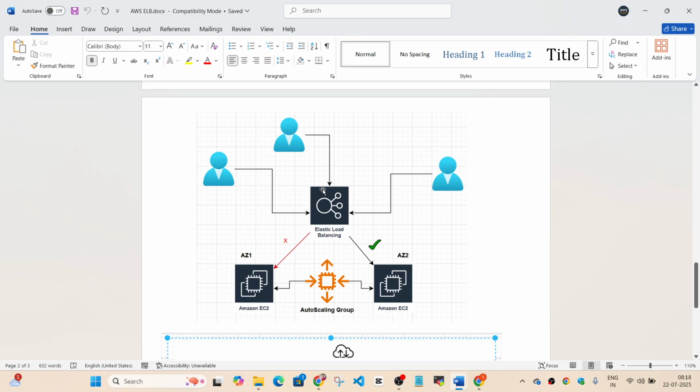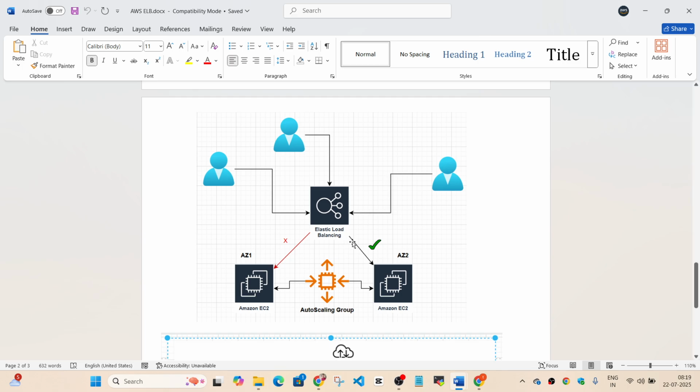The most important job of a load balancer is to distribute traffic amongst the different targets associated with that Elastic Load Balancer. Here I'm talking about AWS. So if you have an application hosted on these two EC2 instances and you want to distribute the traffic, you can use an ELB in general. But ELBs do some other tasks also, which you should know.